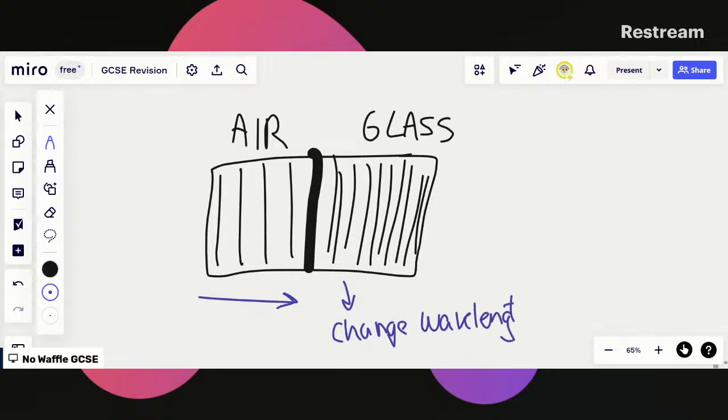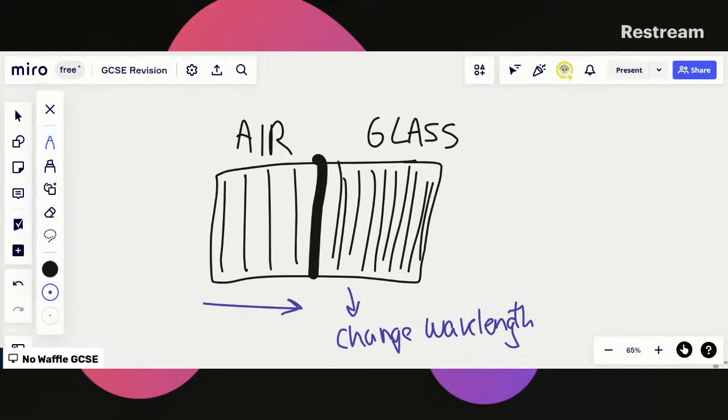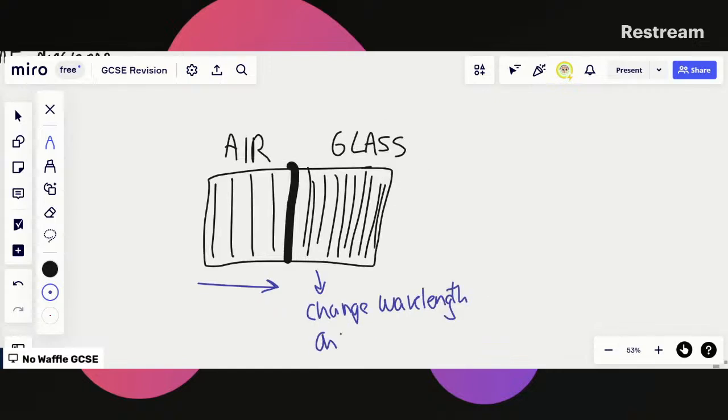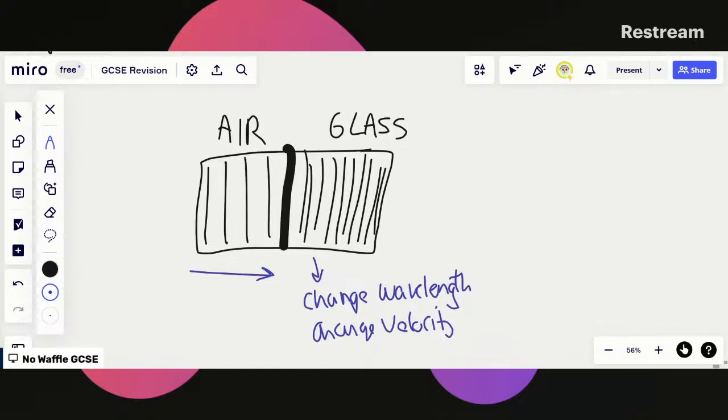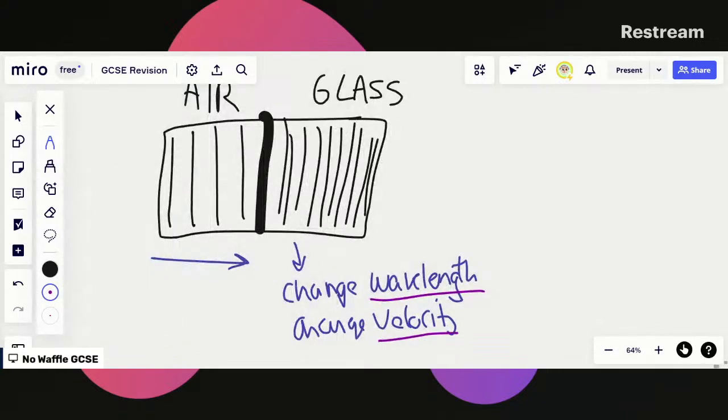So the whole point of these wavefront diagrams is to show that there's also a change in velocity. The whole point of these wavefront diagrams is to show how waves begin to slow down if they're going into a denser material, and as they slow down, two things happen. The wavelength changes and the velocity changes. Now, if you were to notice,